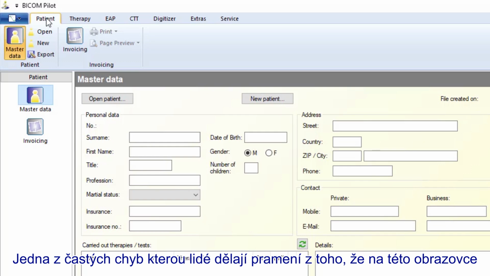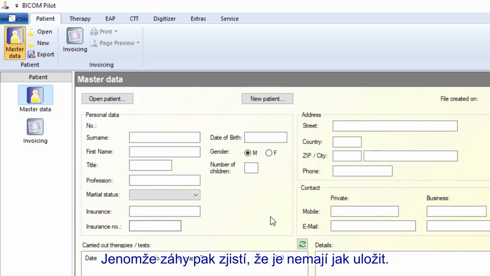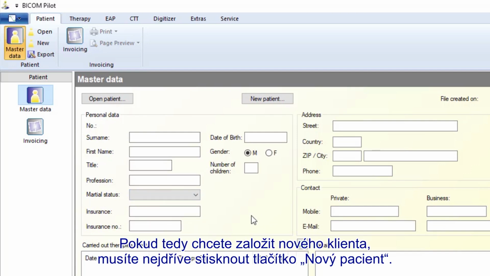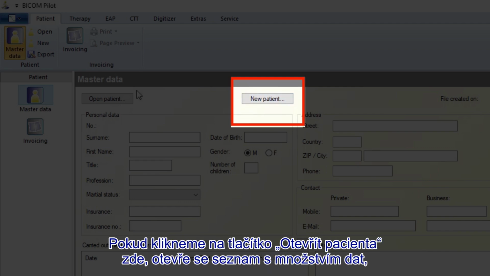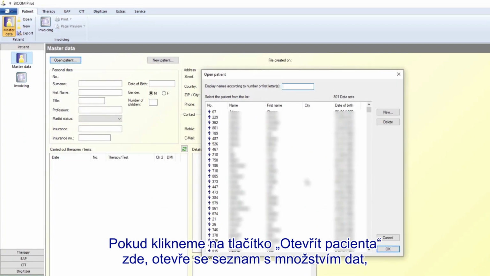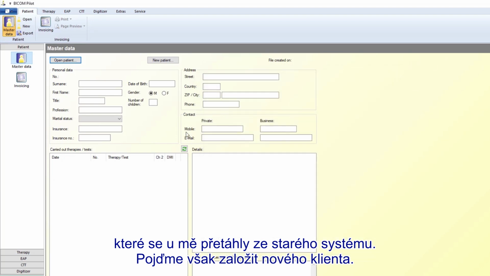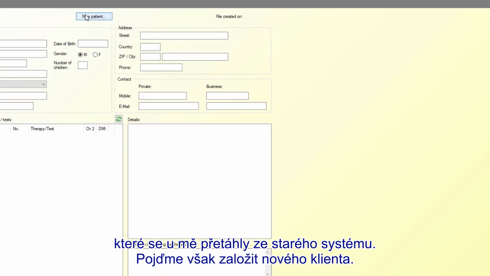One common mistake we see people make is, because this screen here shows an area where you can put surname, first name and so on, they start to put the data in here only to realize that it can't be saved. To create a new patient, you have to go to new patient. If we click on open patient here, you'll see that we brought in quite a lot of data from our old system, but we'll go to new patient,